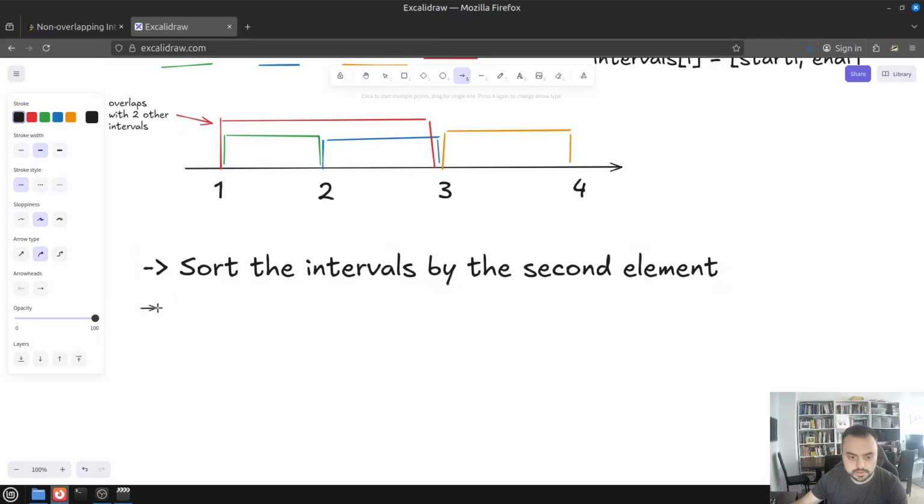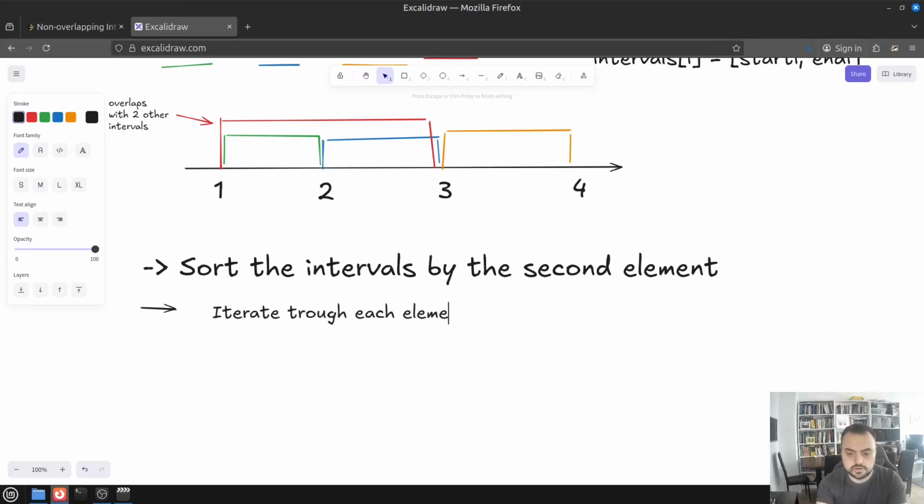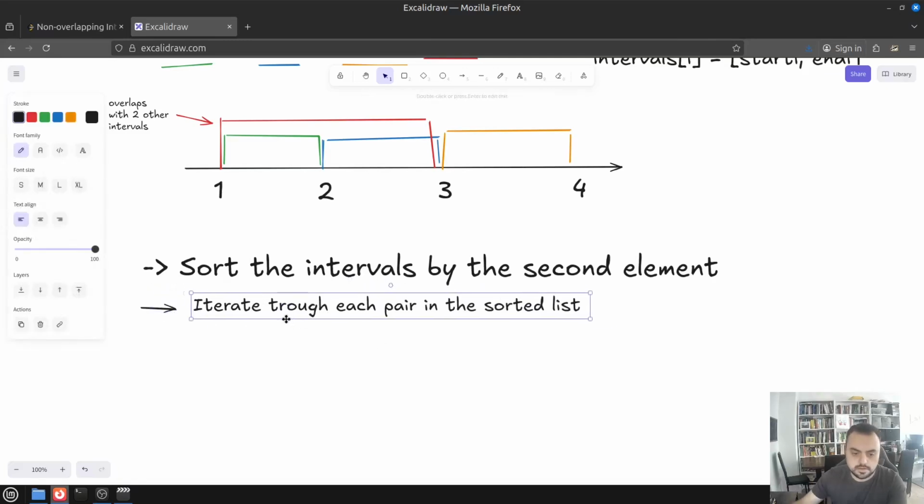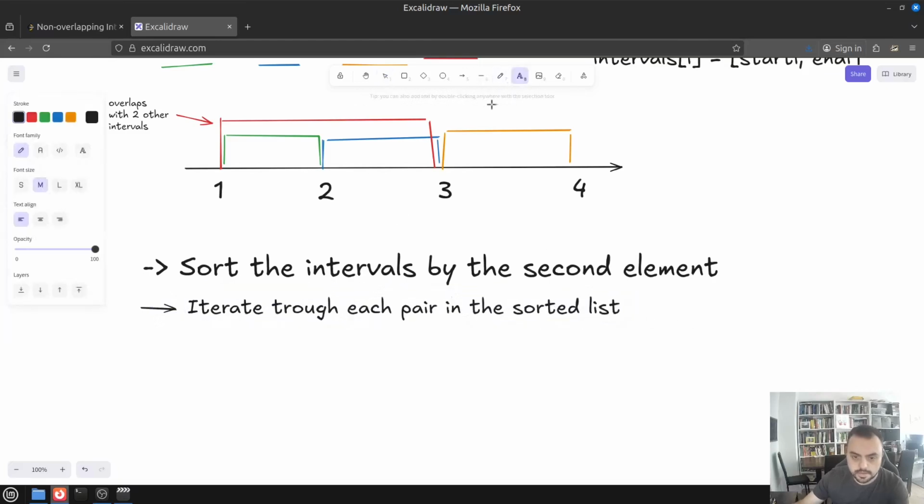And then, once we have sorted, what can we do? We can iterate through each pair in the sorted list, and then do the following. If the previous end is less than or equal to the current start, yeah, and